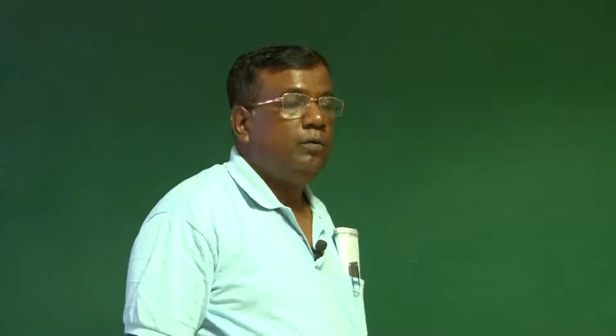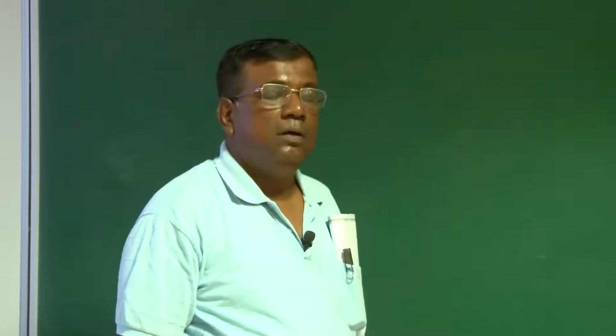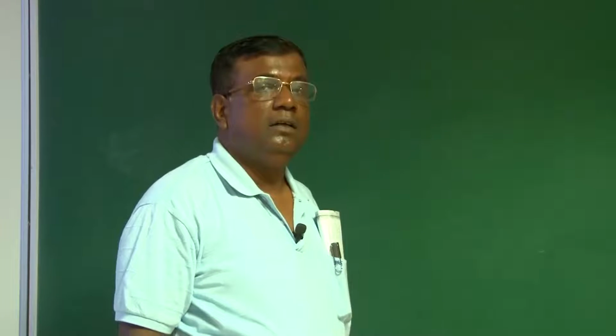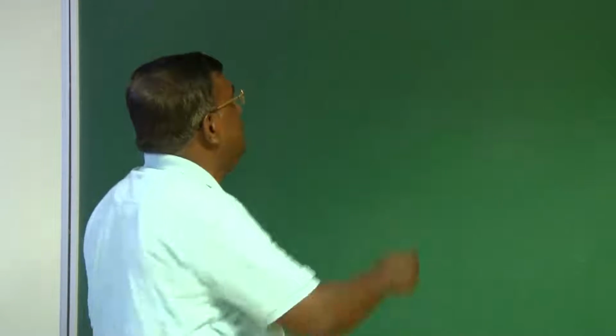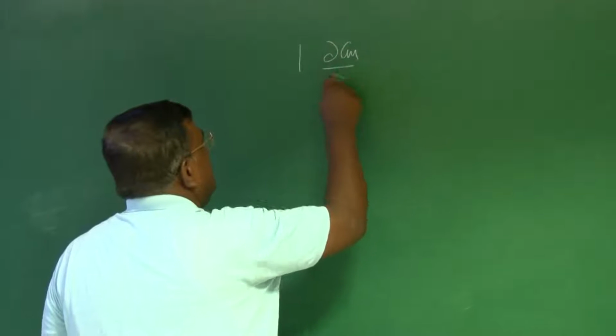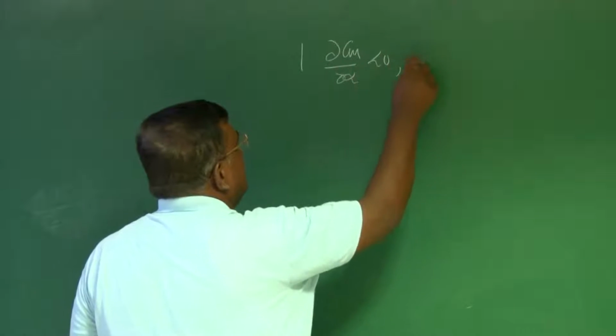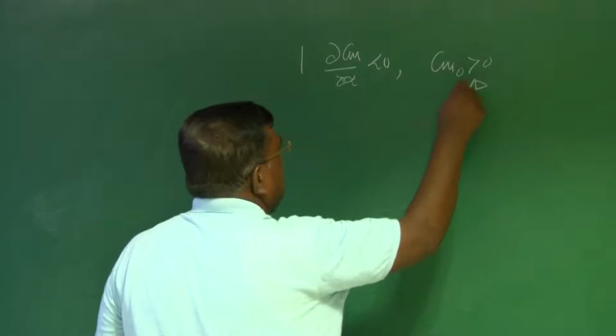Good morning, friends. We were discussing how to locate the wing, where to locate the wing, whether I should give a setting angle in the wing or not, what the size of the horizontal tail should be, and whether we will give a tail setting angle or not. For meeting two conditions: one, the aircraft should be statically stable, that is dCm by d alpha should be less than 0, and